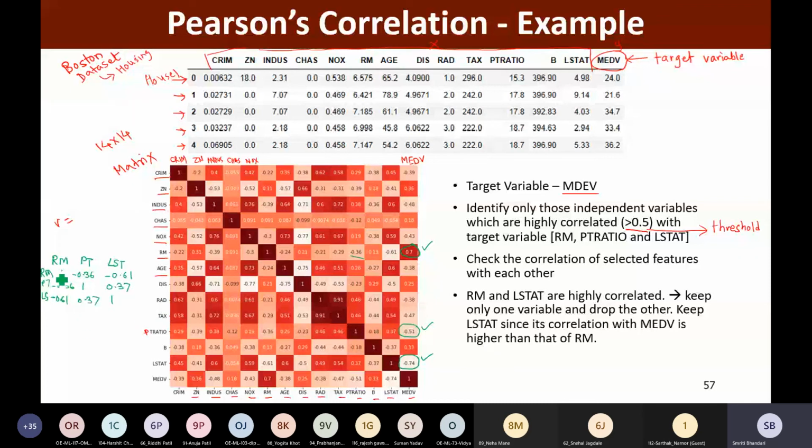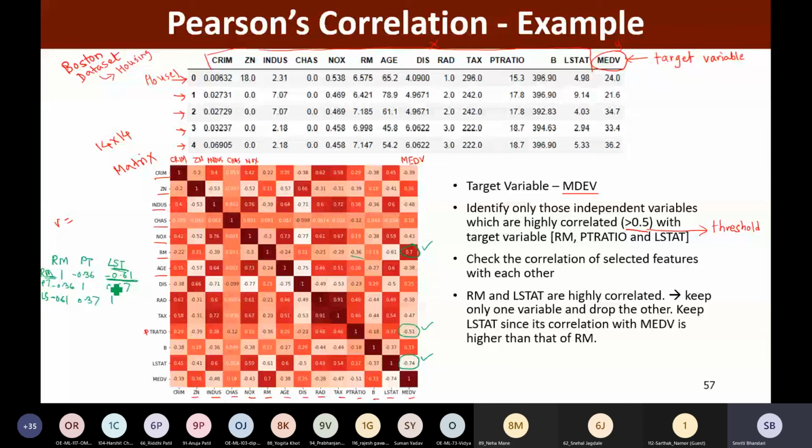Right? Now what next? What we identify here? If we look at this RM and this LSTAT, then they are highly correlated.